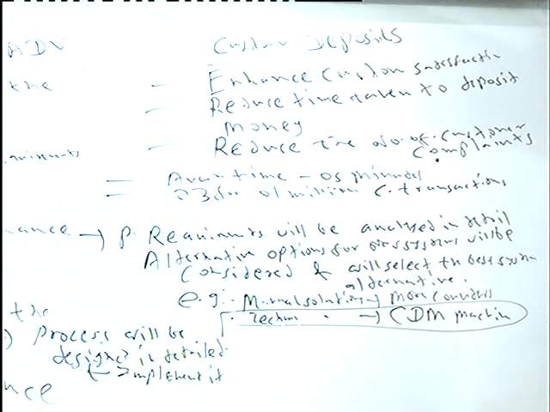Then the final step is verify performance. That's the control part actually. This is similar to the fifth step in the earlier process. Verify performance means, again, on a regular basis we will measure the actual performance and check whether the expected result is achieved.